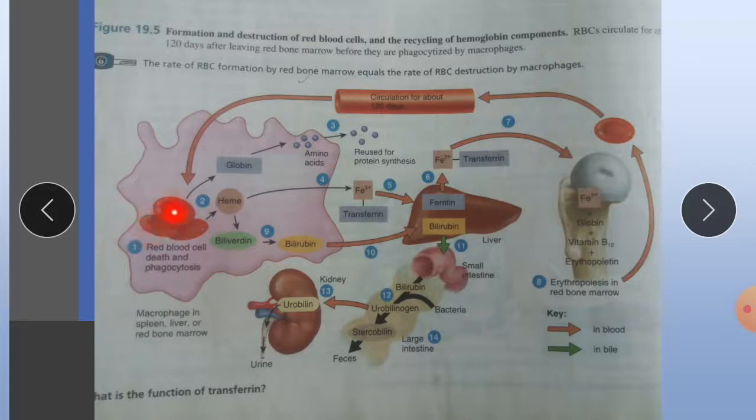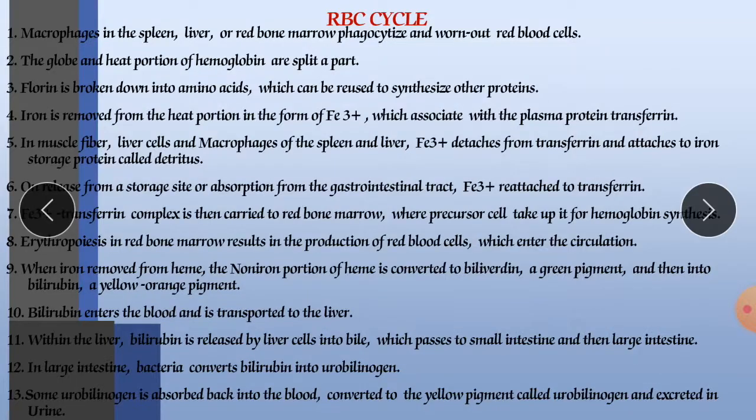As the red blood cells complete their 120 days, meaning after their age is 120 days, the cell is going to break down, and after the breakdown, phagocytosis will occur. So there are various points that we will see one by one.